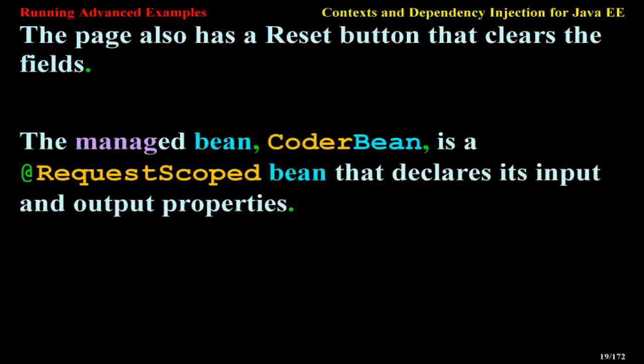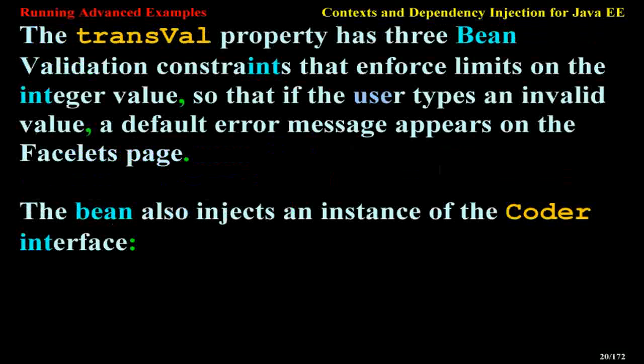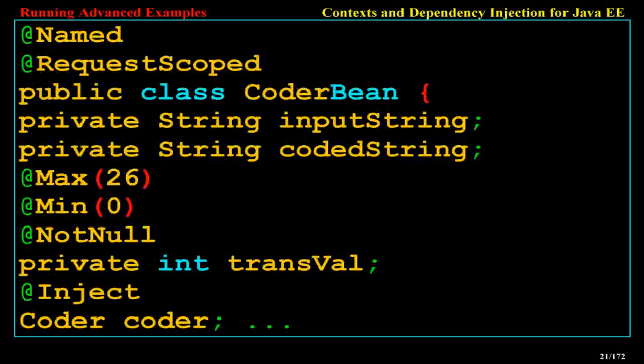The managed bean, CoderBean, is a request-scoped bean that declares its input and output properties. The transVal property has 3 bean validation constraints that enforce limits on the integer value, so that if the user types an invalid value, a default error message appears on the Facelets page. The bean also injects an instance of the Coder interface: @Named @RequestScoped public class CoderBean { private String inputString; private String codedString; @Max(26) @Min(0) @NotNull private int transVal; @Inject Coder coder;